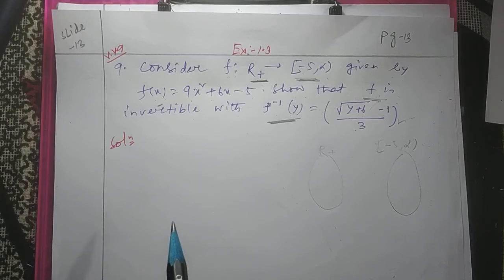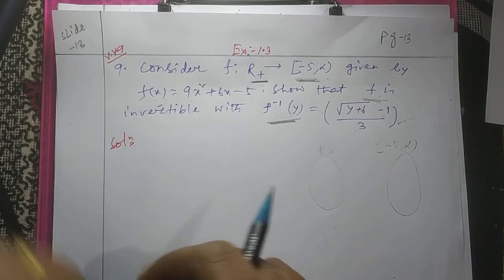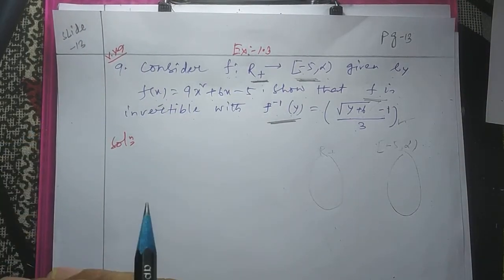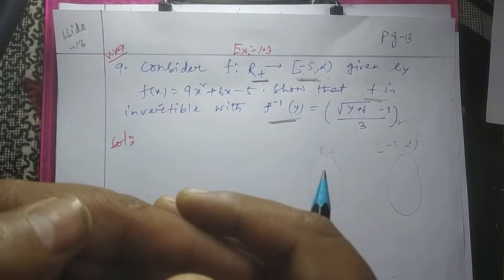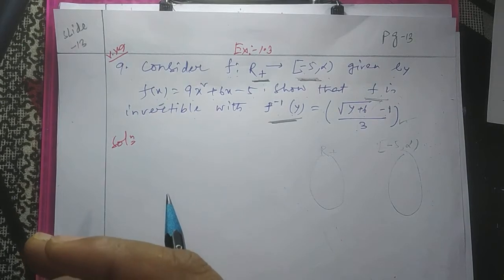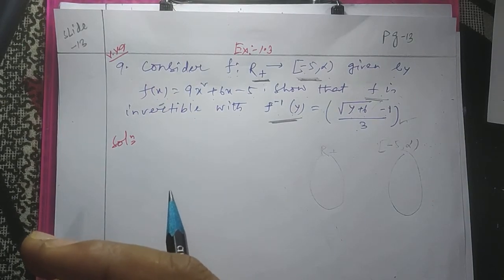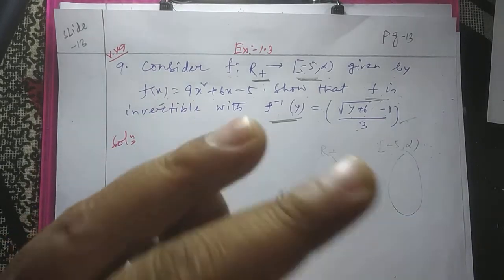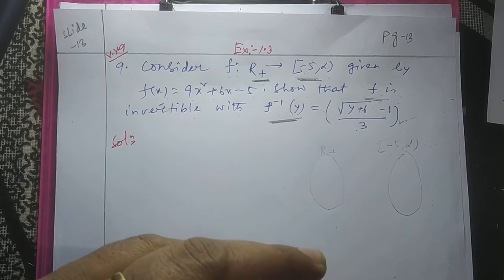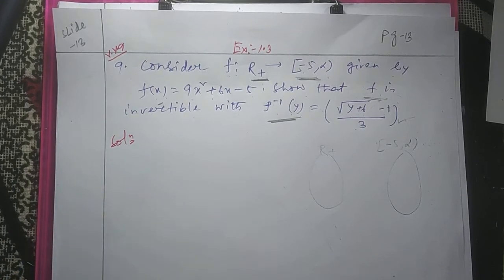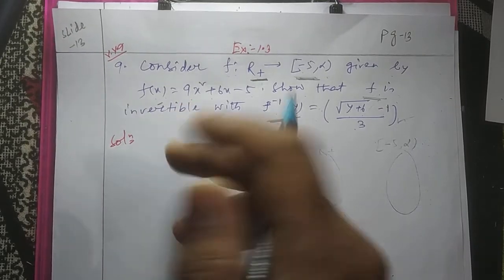Now let us come to the last question of the exercise to be practiced, that is question number 9. This question is very important for the CBSE board exam, or you can say it is one of the finest maths questions in class 12 because it comes in the CBSE board exam very frequently, or you can say it comes every year. That's why I am telling you this question is very important for you to practice. So please students, don't ignore it, don't avoid it, you have to practice it by any means. Understood? Now let us see what is told here.